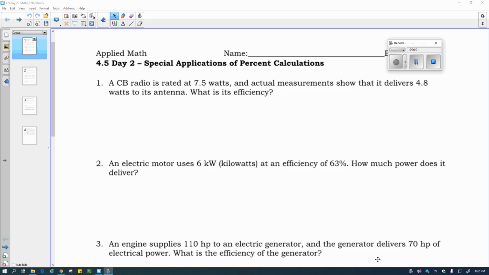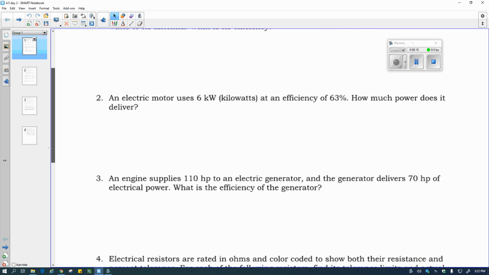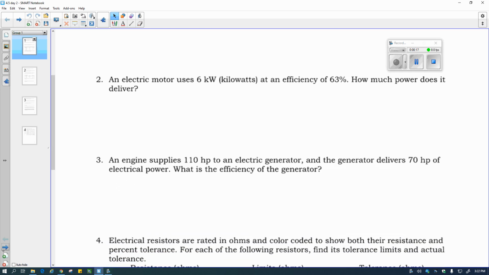So on the 4-5 day 2 notes, we just have more percent work. Again, I think I'm going to run through the evens and then you can work through the odds. But the major difference on this one is that you're going to have some of those tables to fill in. So if it says an electric motor uses 6 kilowatts at an efficiency of 63%, how much power does